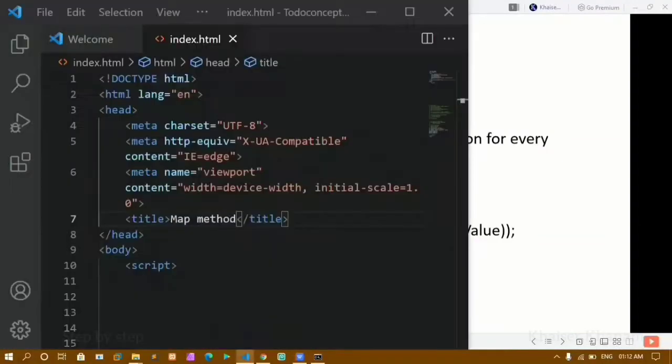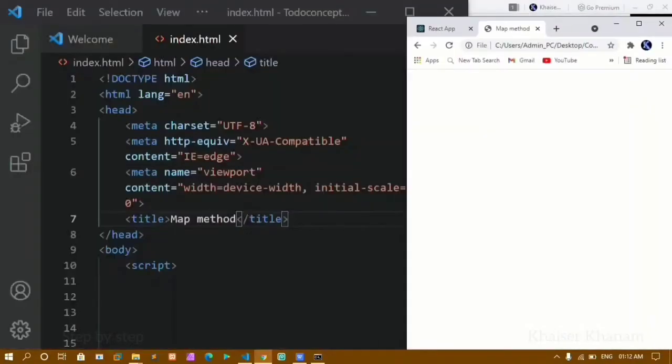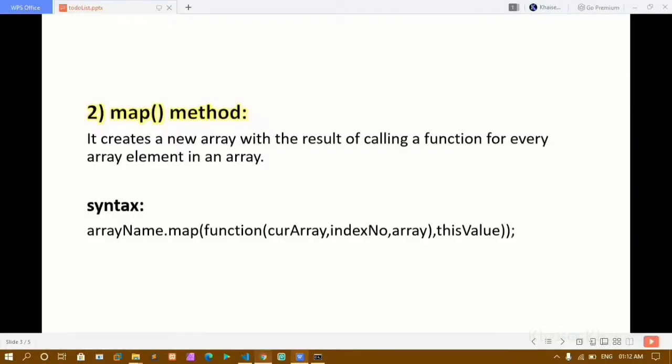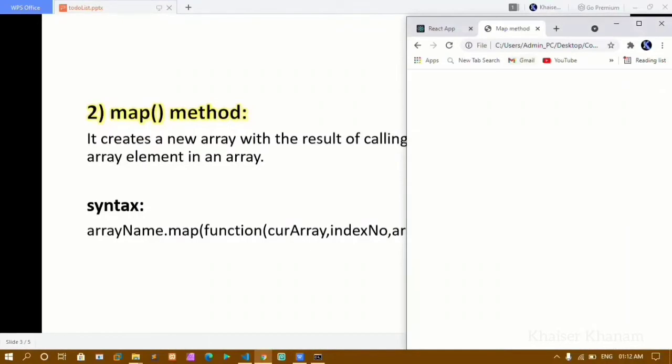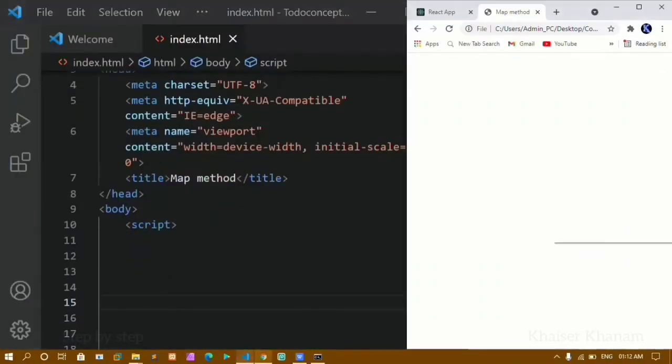Now first we are going to understand this map method. I'll just open the browser, and here we are going to reduce this code now. I'll just reduce this one and fix it here. Now here we will see an example of the map method. I'll inspect this and open the console.